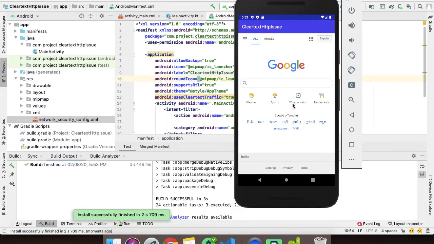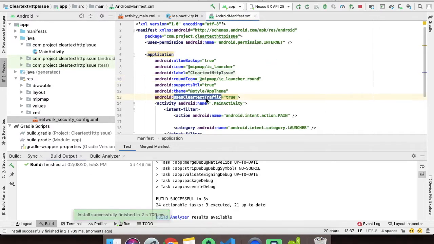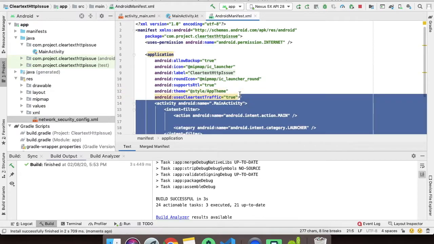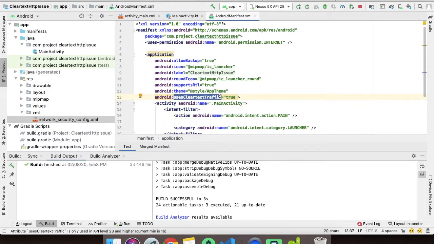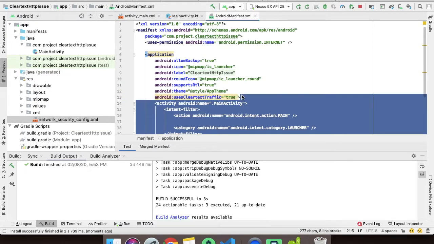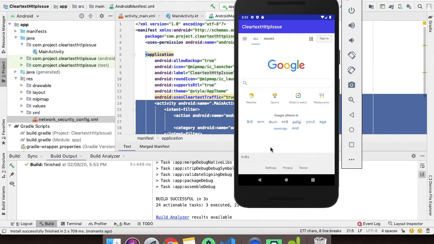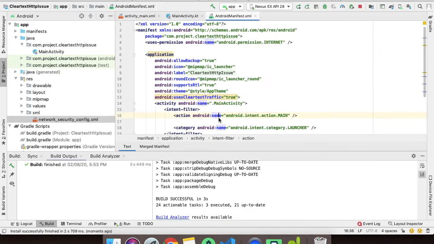Okay, the URL also loaded with this one permission, which is usesCleartextTraffic true, and we have just added this line into the Android manifest file, and our URL is loading perfectly. So this is the third option we can try.